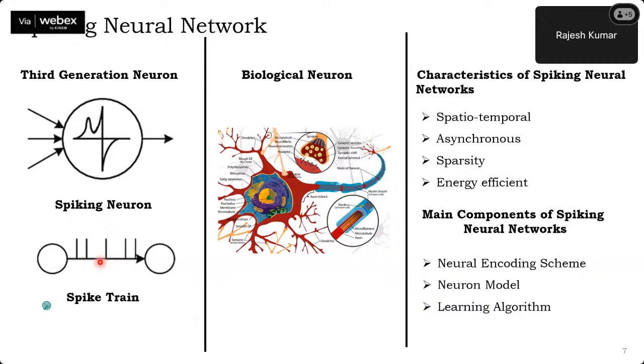There are some components of a spiking neural network: encoding schemes, because we need to convert a real number into spike trains, so what scheme we can use, and then the model and the learning. We'll come to these things one by one, but before going to that,